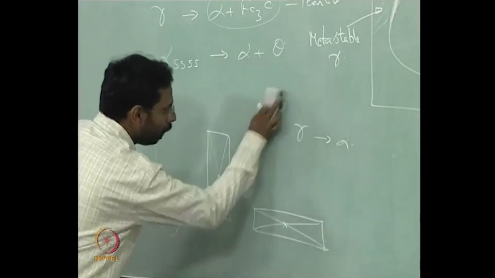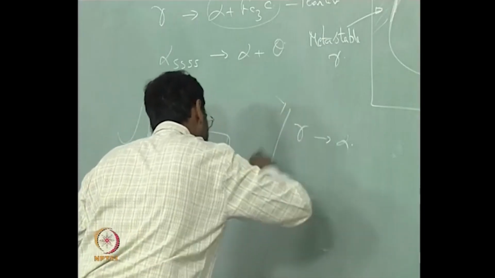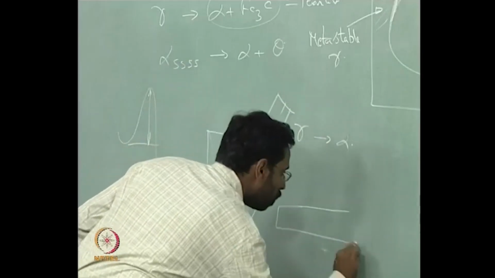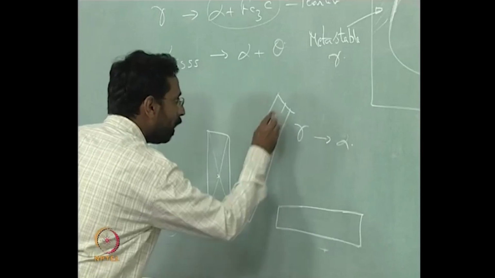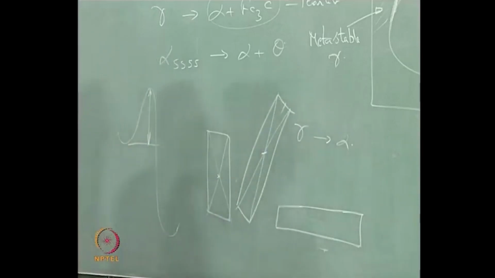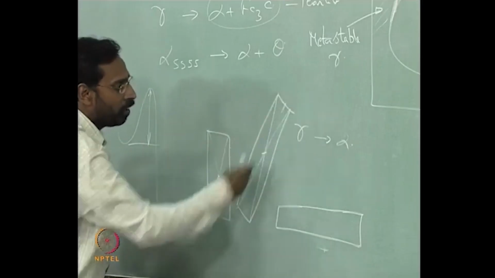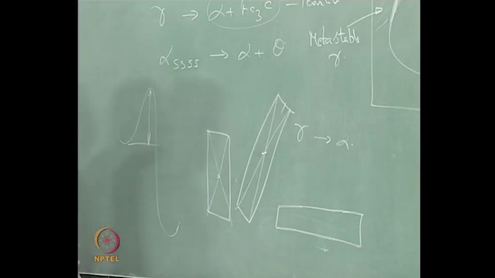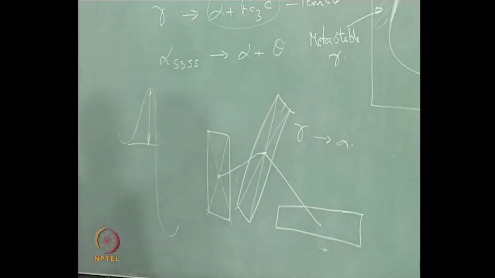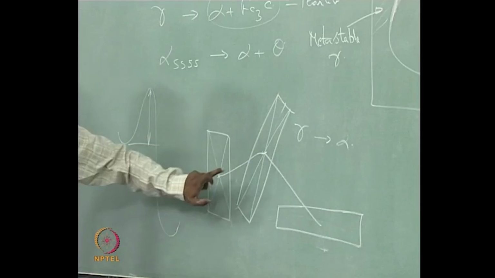Or possibly if I put it on the same base, and then finally goes to this. So here if I join these two, you come to a slightly higher level. So the CG, which is obtained by joining the two diagonals, is at a higher level. So it goes like that and then comes like this. So it is at a higher energy state here when compared to this, and this is what we call